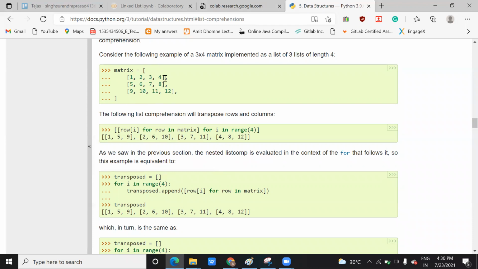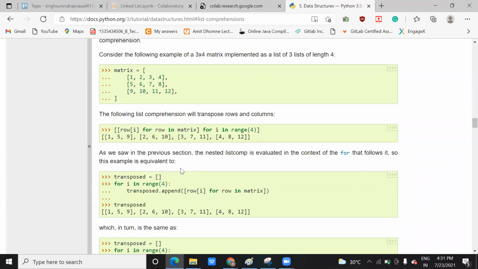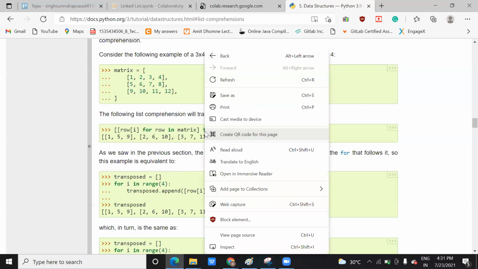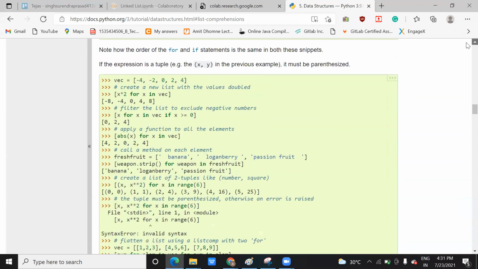The only difference is that here you are doing the same operation on a single line. This is called a nested list comprehension. So what is a nested list? Inside the list there is one more list, and you are adding some more operation on that, maybe either an if condition or a looping. That is called nested list comprehension. And we have seen list comprehension before.